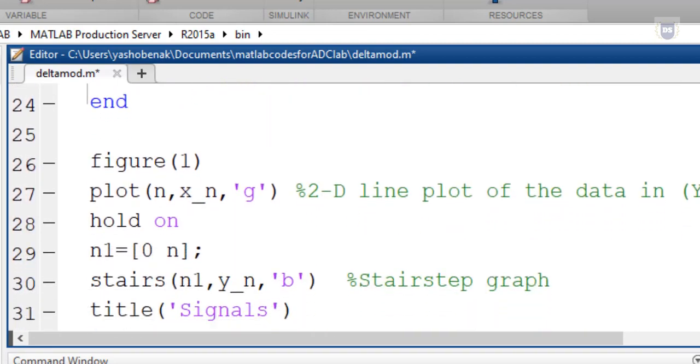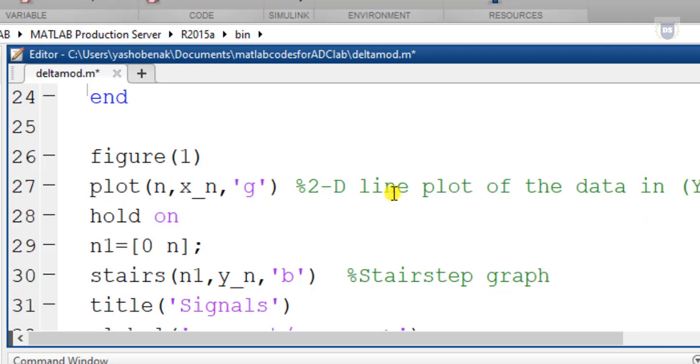in turn resulting in a staircase approximation. And in order to have all those plots, we'll make use of the keyword figure 1, and I'll make use of the inbuilt function plot in order to plot our message signal against n, and I want that to be green in color. So because of that, I am using this additional argument g.